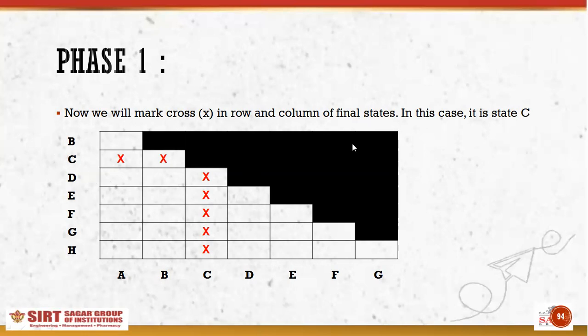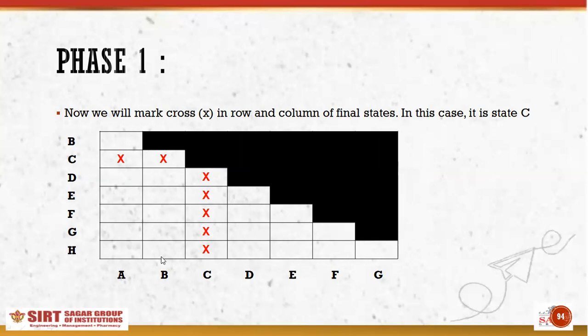Now in the next step, I have to find all the non-equivalent states. For this purpose I will complete the whole task in 2 phases. In the first phase, I will pick up each and every box one by one, like AH, this one where my cursor is moving. Then AG, then AF, then AE, AD, and AC is already crossed, so I will leave it and jump to AB directly.